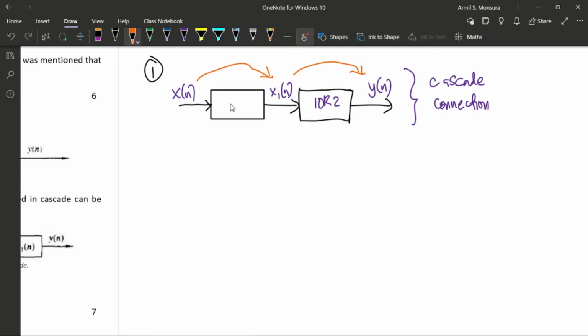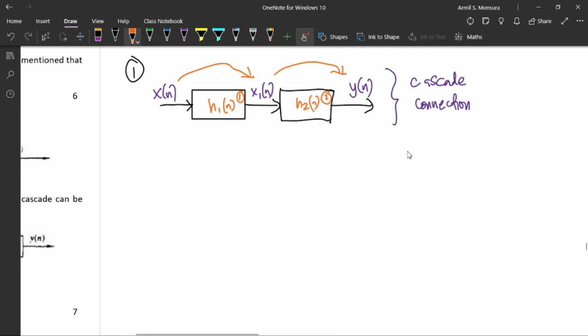Say for example, let's have this system 1, okay? Have an impulse response of h1[n], okay? While the second system, system 2, okay, would have an impulse response of h2[n]. Okay? Now, when we use impulse response as system representations,